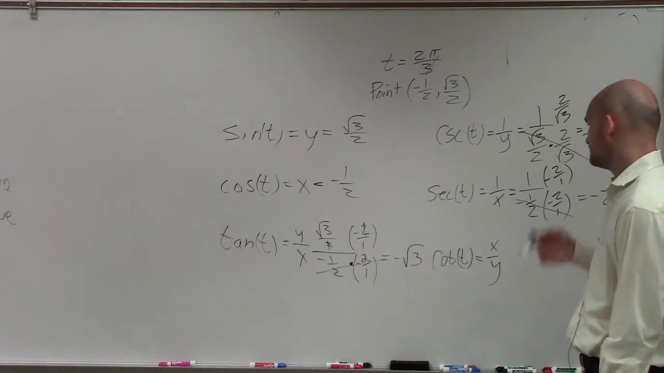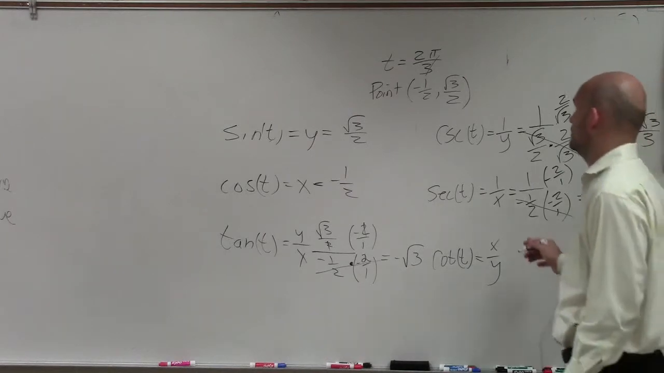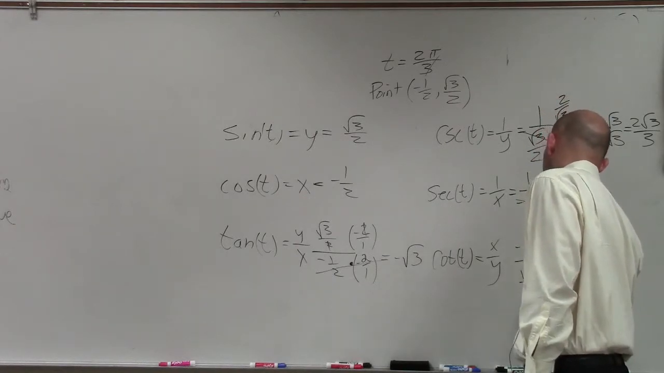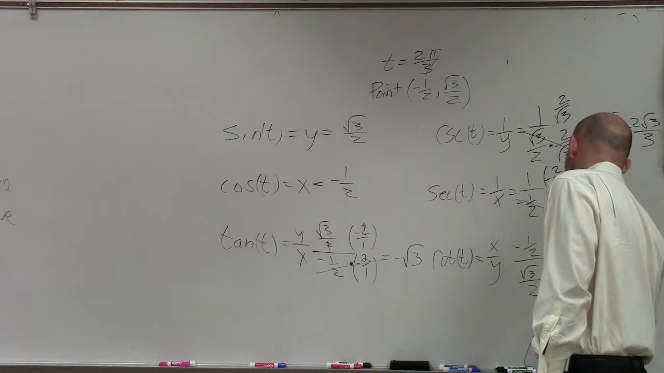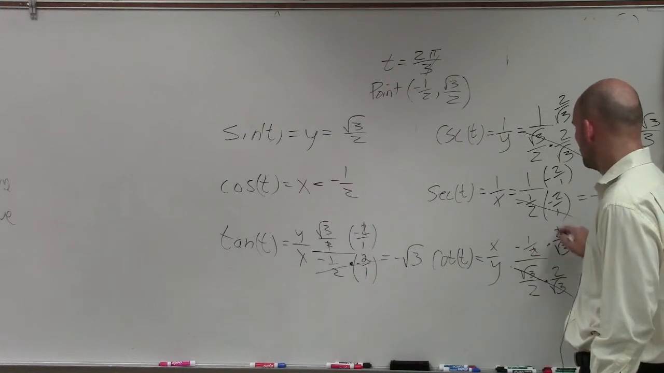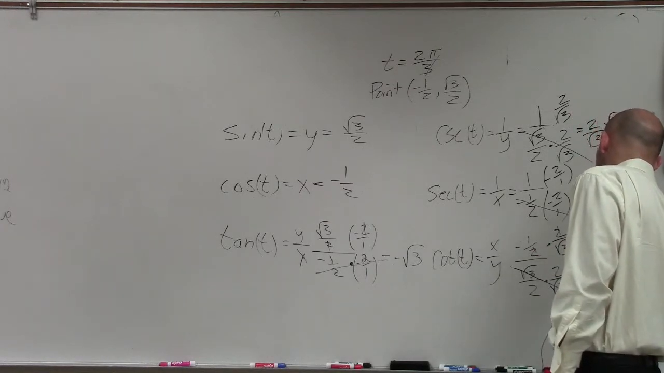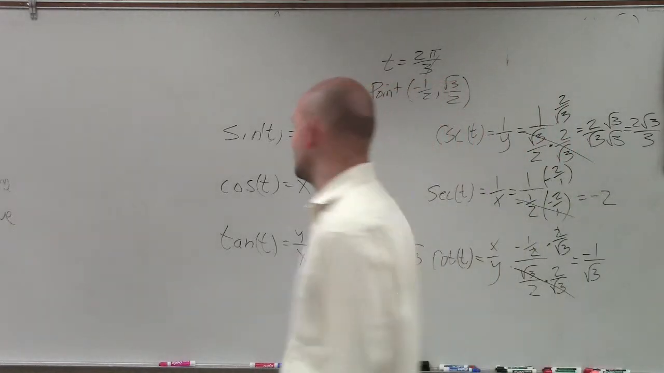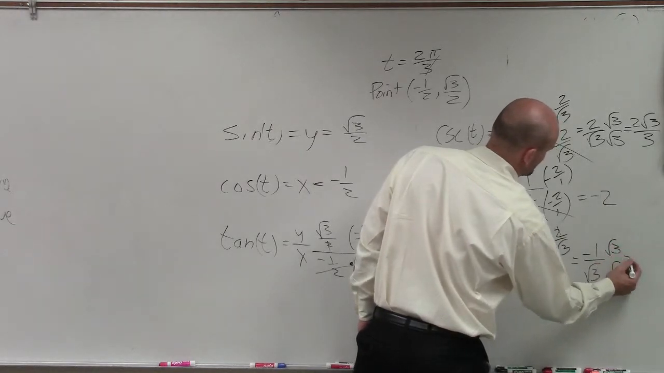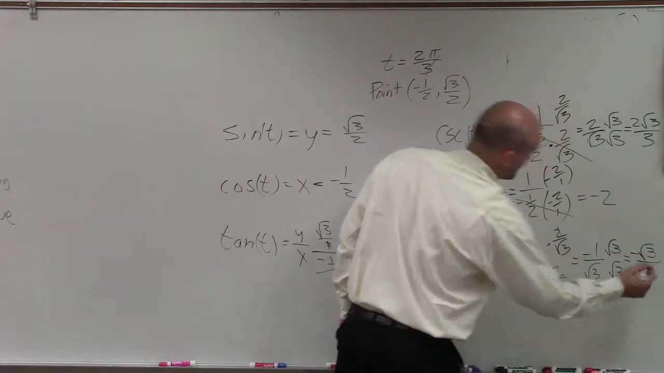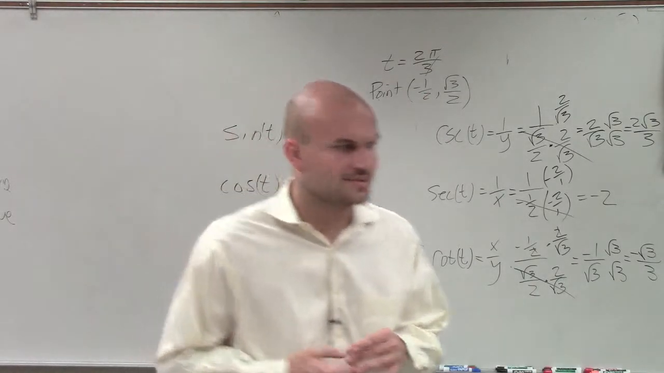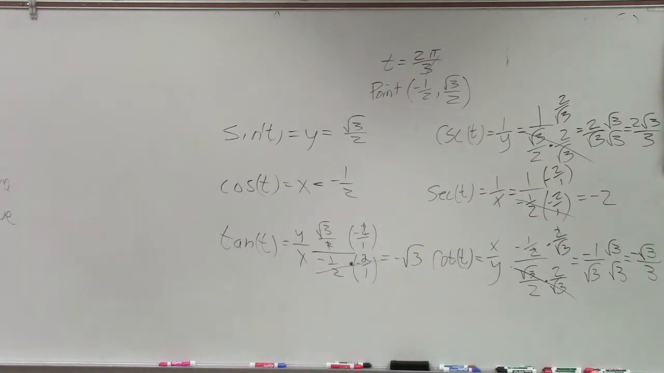For cotangent, negative 1/2 divided by square root of 3 over 2, multiplied by the reciprocal. That goes to 1. Those divide out. I'm left with a negative 1 over the square root of 3. Right? But then again, ladies and gentlemen, we have to rationalize the denominator. So therefore, I have a negative square root of 3 over 3. All right? Guys, I give you a lot of these for your problems because I'm telling you, we have to be able to do this very, very